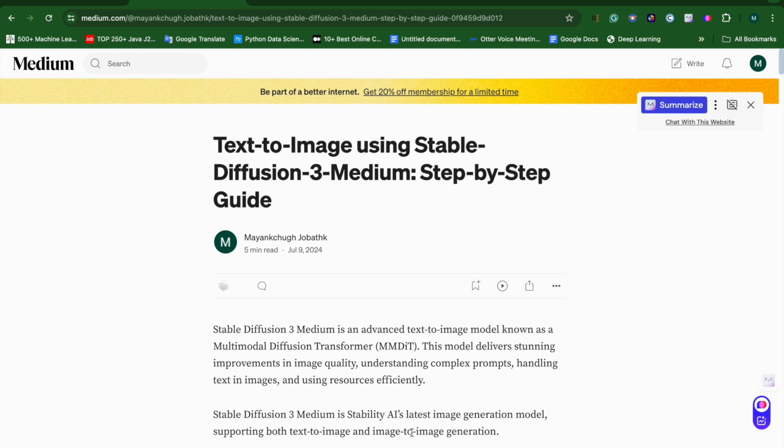So in today's video we are going to discuss again one of my previous videos' projects, in which I created a text to image app using the Stable Diffusion 3 Medium model. Last time I created that model using only CPU, so it takes time. But in today's video I'll demonstrate, if you have a GPU, how fast you can generate that image. For that I'm going to use